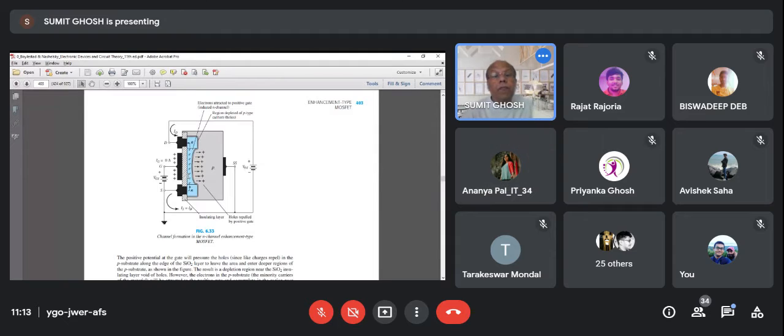Yes, sir. Okay. So you see in this structure there is one shaded portion. Earlier, when we went to the market and bought an enhancement type MOSFET, there was no channel. But now a channel is created, which is called an induced N channel. Induced N channel means that because of the positive electric field, a channel is created. Now, this shaded portion you see, this region is depleted of p-type carriers or holes.